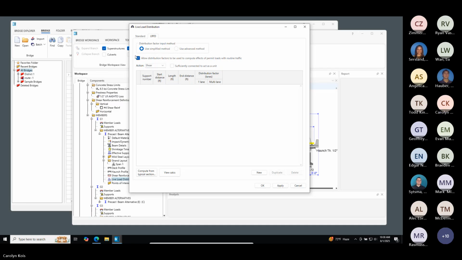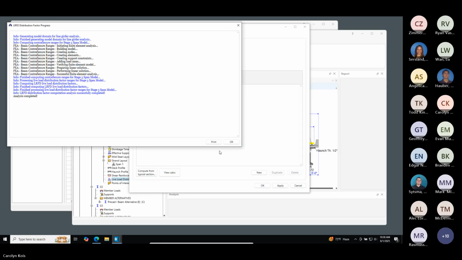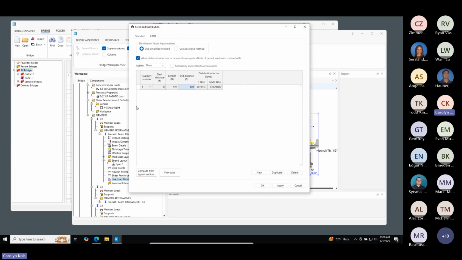And I'll show you the other part. Okay. So when you first open this window, this box isn't checked and there's nothing here. When you do the compute from typical section, it'll do that computation and then you'll see it also checked this box. So the reason for that is when you're looking at combining permit loads with routine traffic,